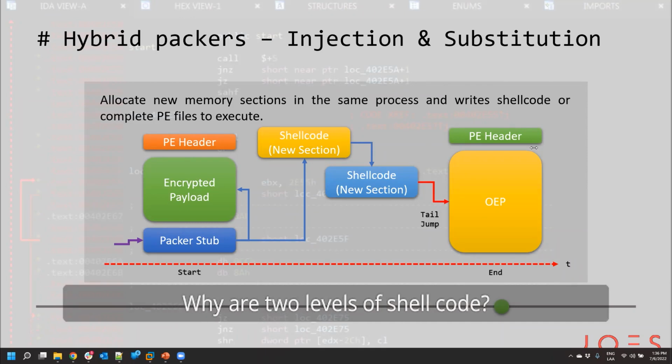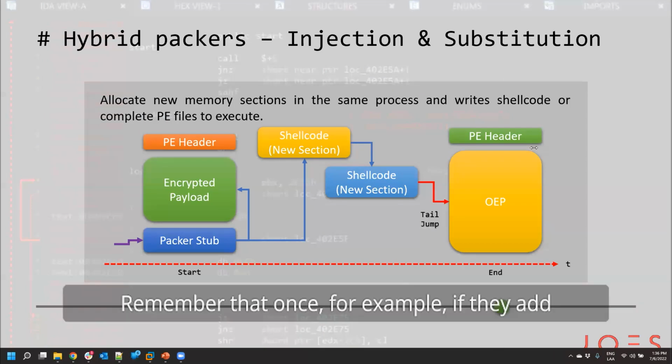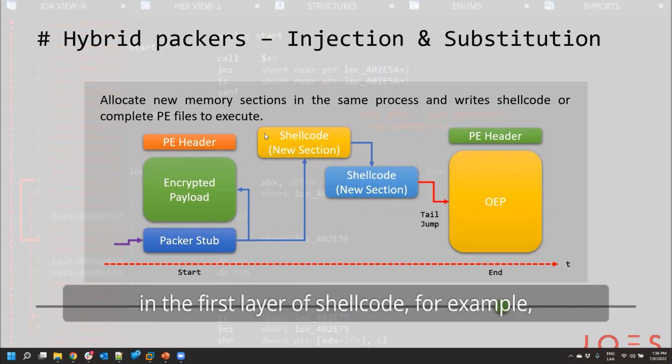Why are there two levels of shellcode? They want to make your life miserable. That's the whole idea. Remember that, for example, in the first layer of shellcode, they can add the decryption algorithm. So you cannot